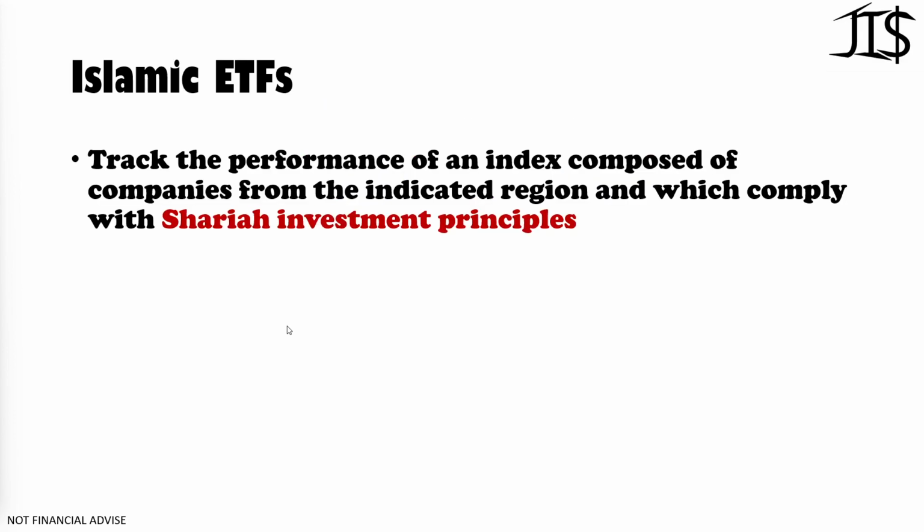So what are Islamic ETFs? Well, Islamic ETFs track the performance of an index composed of companies from the indicated region and which comply with Sharia investment principles. So I'm going to talk about one World ETF,